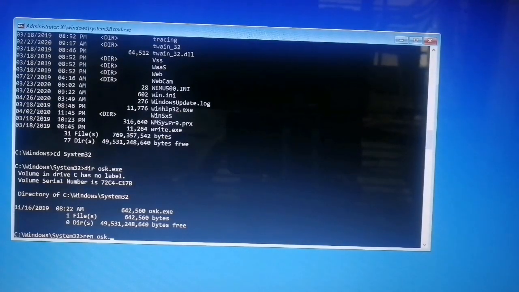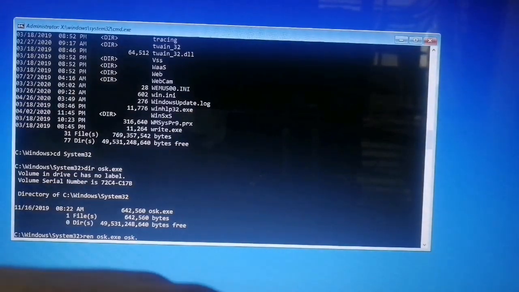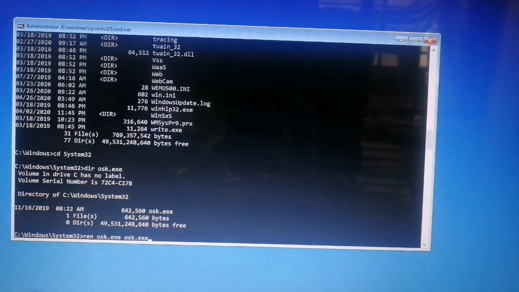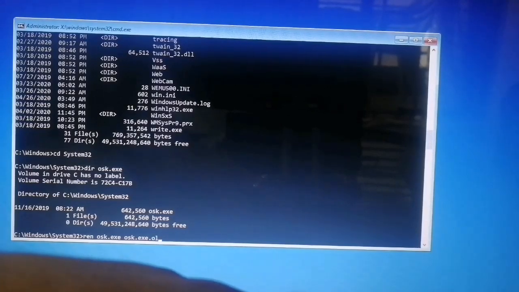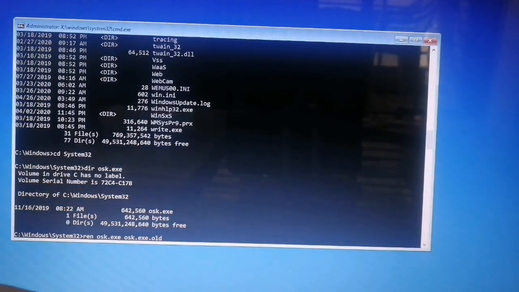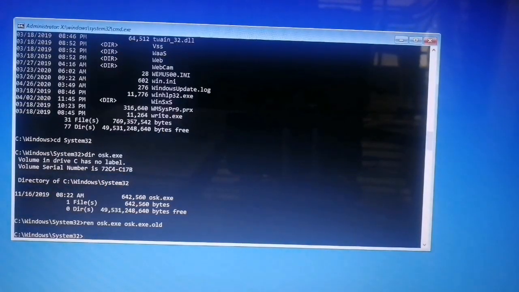REN means rename. Rename your keyboard osk.exe to osk.exe.old. You just have to follow the same procedure. Don't forget any space anywhere.